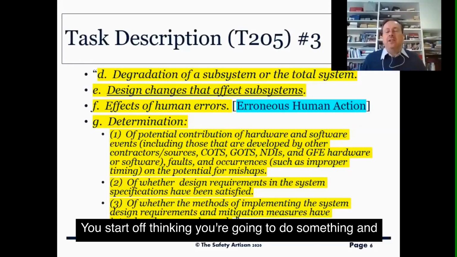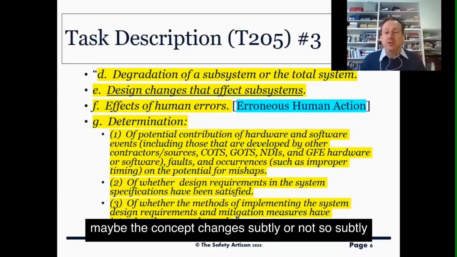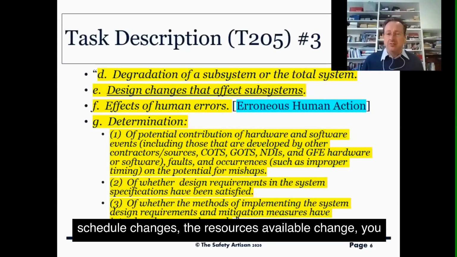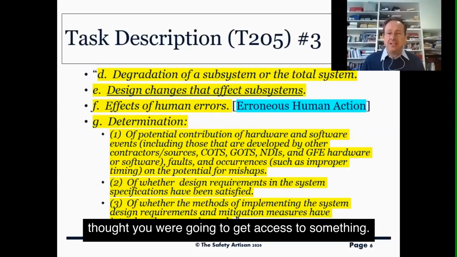You start off thinking you're going to do something, and maybe the concept changes subtly or not so subtly during the project. Maybe your assumptions change, the schedule changes, the resources available change. You thought you were going to get access to something